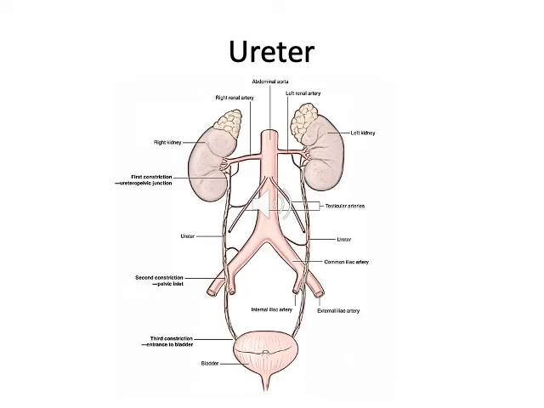Let's discuss the ureters. The ureters are bilateral, thin tubular structures that connect the kidneys to the urinary bladder, transporting the urine from the pelvis into the bladder. The muscular layers of the ureters are responsible for the peristaltic activity that the ureter uses to move the urine from the kidneys to the bladder.